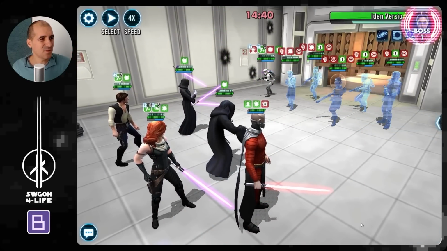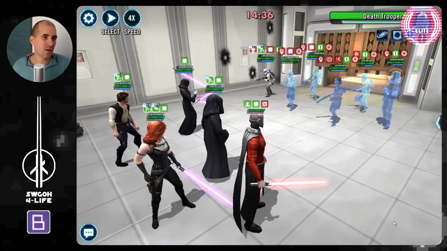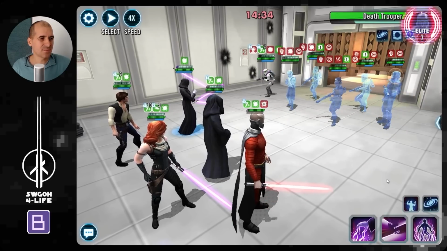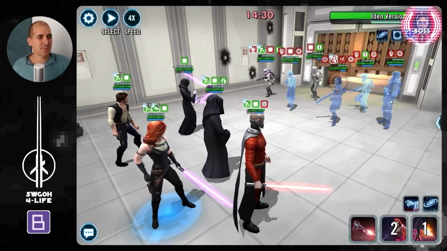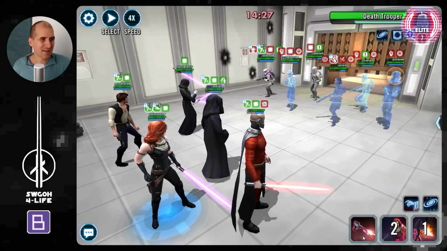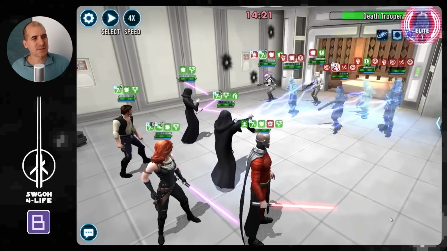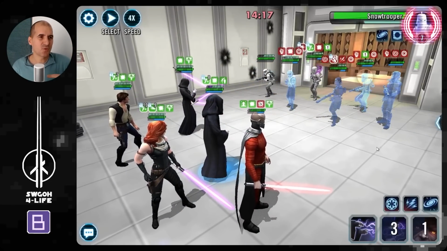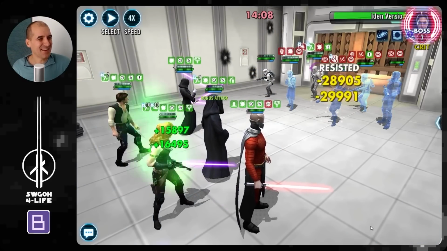So here the whole goal is take it easy a little bit on the AoEs with Mara, because otherwise you will just kill off these guys potentially too fast. Make sure to isolate Iden. You just want to stall the battle at this one as long as you can, so that you get 4 AoEs with Palps, because Palps AoE gives offense up to all allies, including rebels, because Han is a rebel,